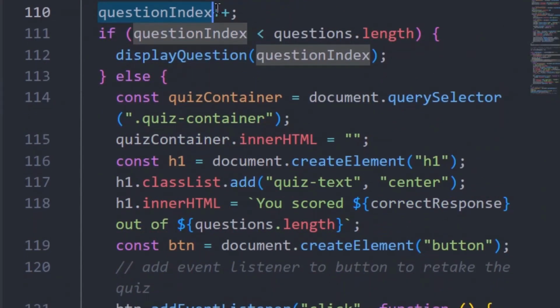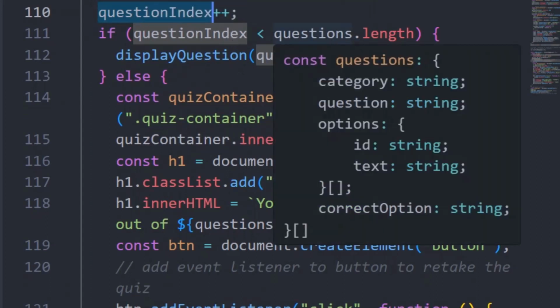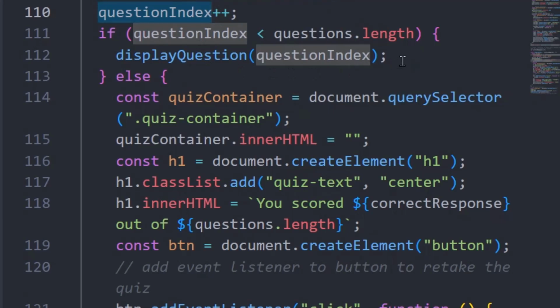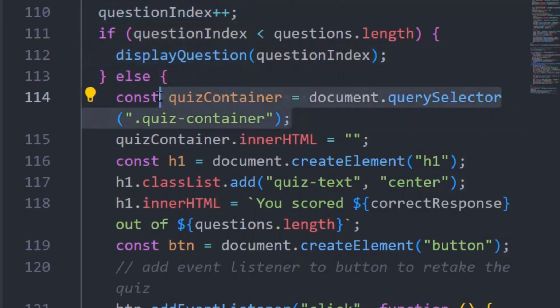And then as far as the question index is less than the length of the questions, we call this particular function again so that the next question will come. Okay, because if the question index was 1, now we have increased it by 1 here, so now it will be 2, so that the next one will come. Okay, otherwise we will call this particular